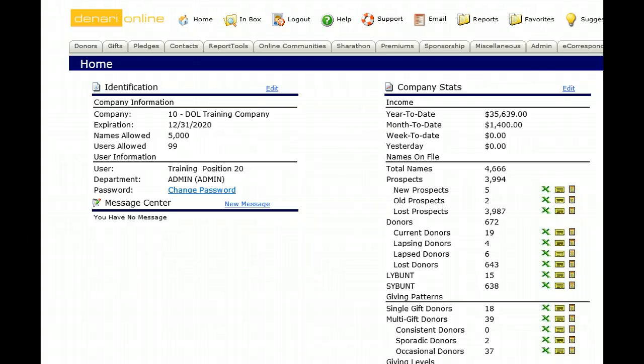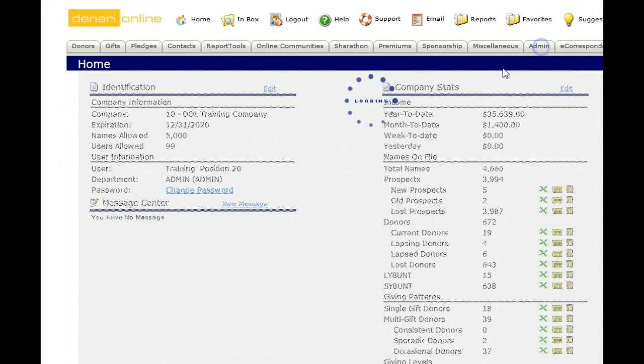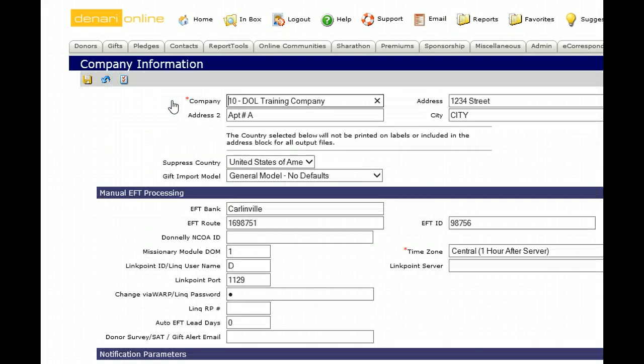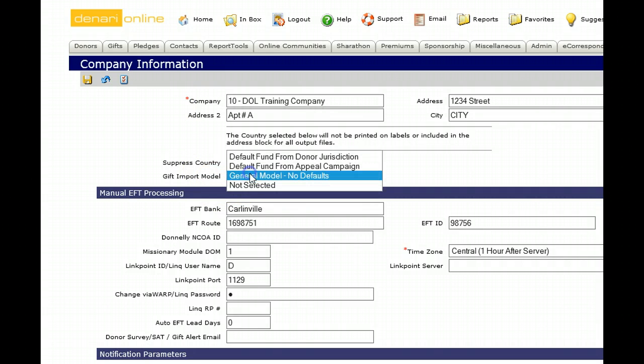Let's go to the Admin tab and then Company Information. Here we see the Gift Import Model field, and when we click the drop down we find that we have 3 options: Default Fund from Donor Jurisdiction, Default Fund from Appeal Campaign, and General Model with no defaults. We'll start with the General Model because it's the simplest and most popular method, and we'll discuss the first 2 later in this session. To begin, let's go to the Gifts tab